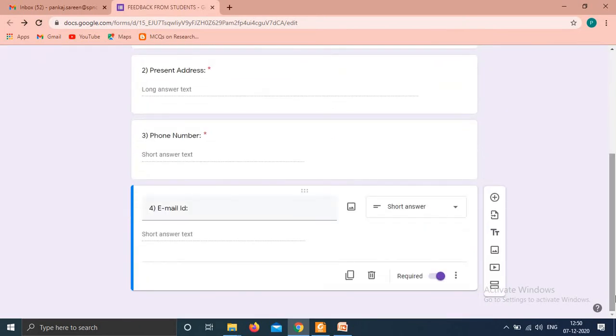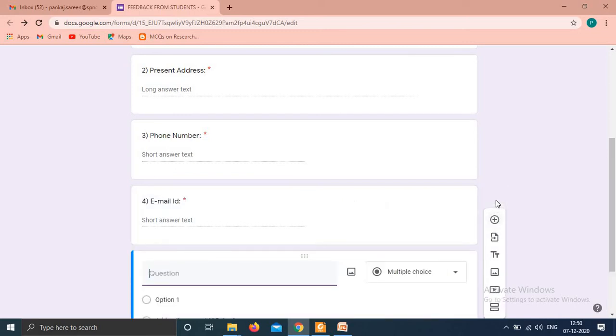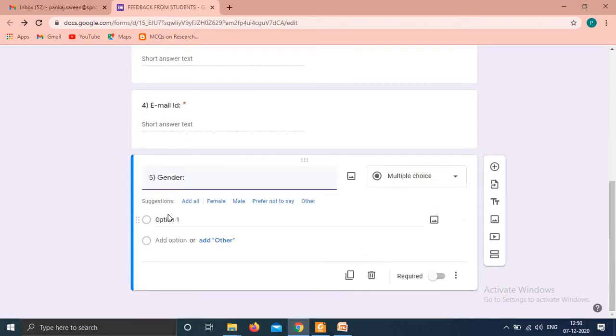So next what you can do is gender. For gender, it is a multiple choice question, and you can add the options from here. By default, it is giving you suggestions.